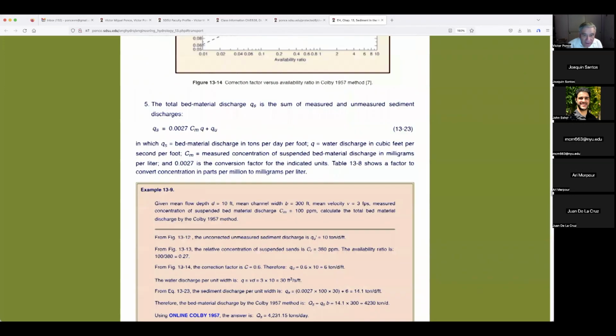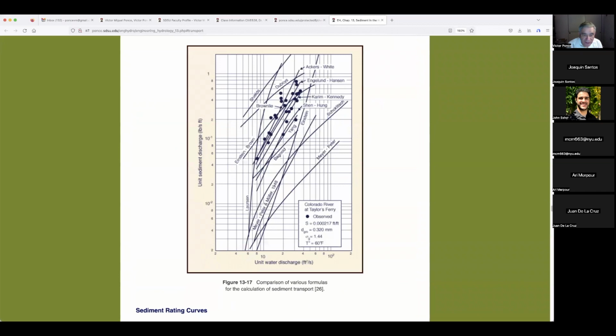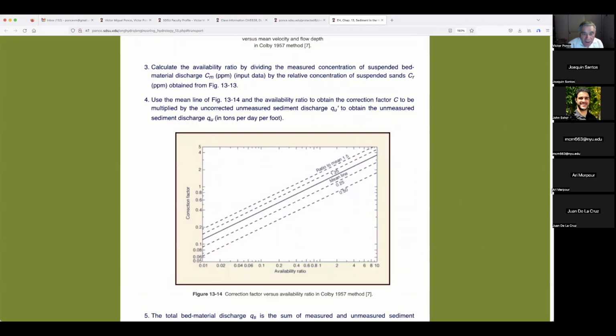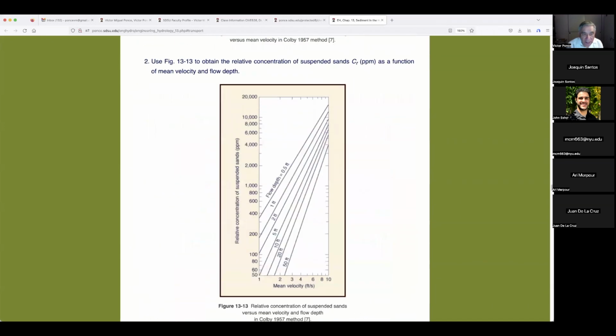Let me see if we can find it. There it is. Look at the Meyer-Peter here. Meyer-Peter Mueller and Meyer-Peter. There's actually two. And we were talking about, I believe, the Meyer-Peter Mueller, and it's still low compared to all the others. Can you see that? Those others are high. As a matter of fact, the ratio between this is 2 and this one is 2. So the Meyer-Peter Mueller is giving 1/10 of the results of the other path on top of it, of which the Ackers-White and the Colby are considered to be the big ones. Ackers-White is the one that's considered to be most accurate. It's over here, right in the middle of the pack of the lots of answers in there. The center of the formula. Okay, so that is the